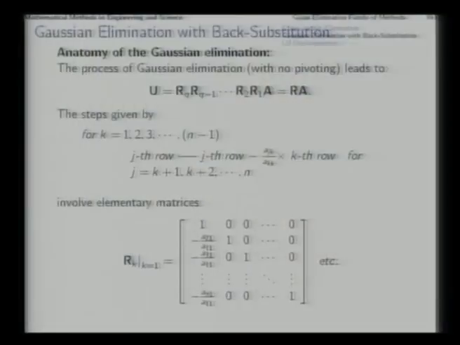Now, if this matrix R is lower triangular and its inverse is also lower triangular, then calling that inverse L, you can see that LU will become LRA, and L is R inverse, that means LU is A. This is the basic idea behind the algorithm called LU decomposition. Let us try to appreciate this whole thing with a little example. Suppose we want to